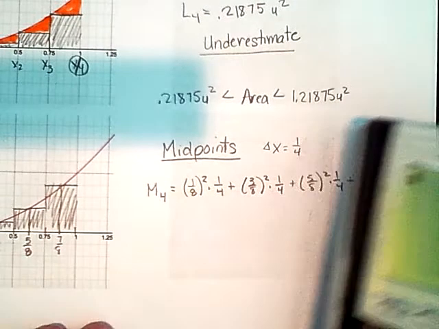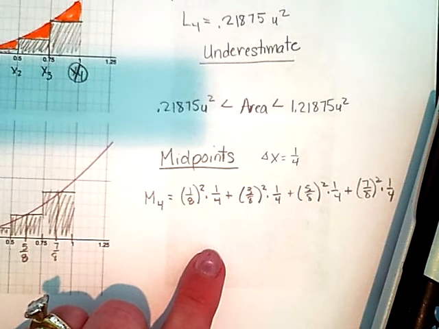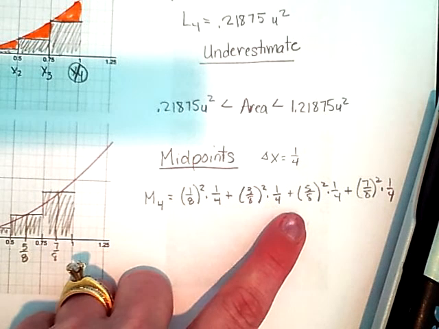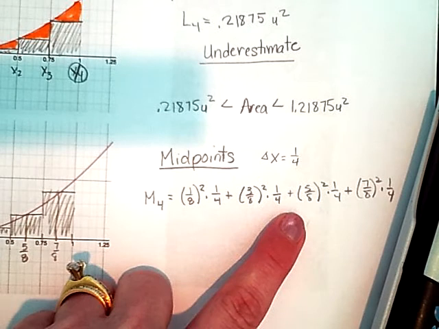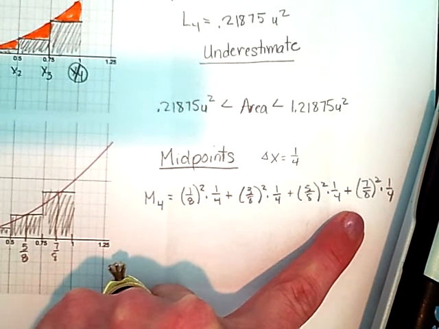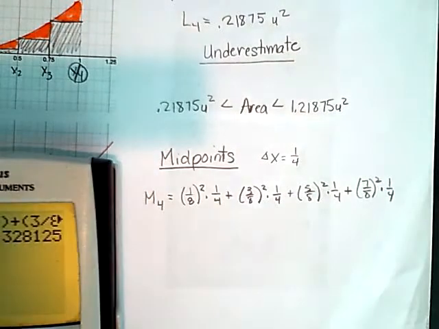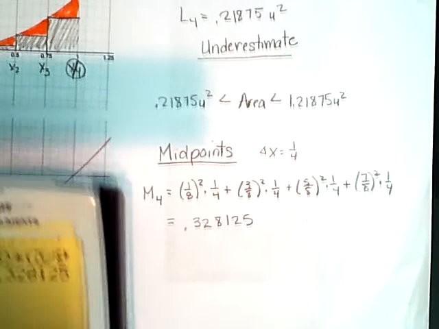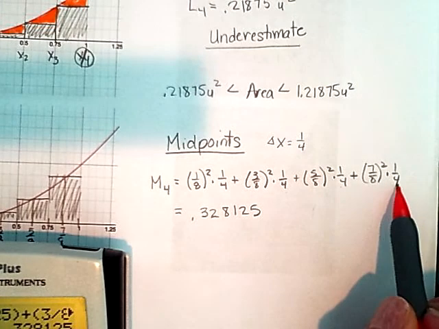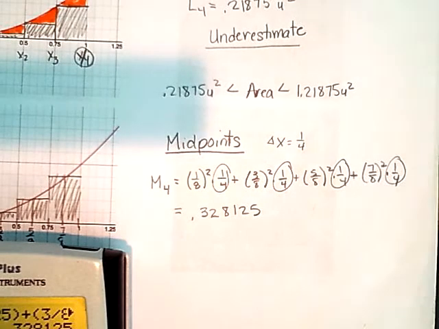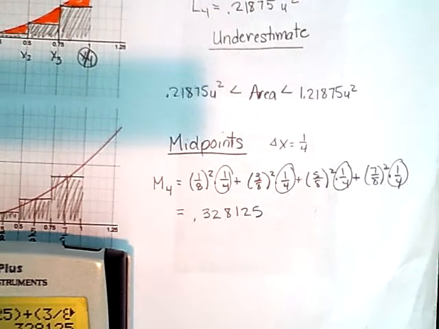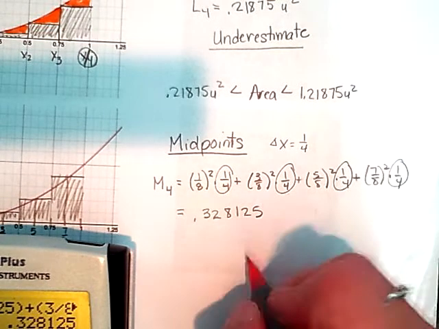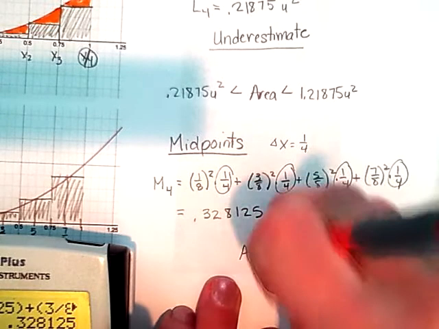I'm going to do a quick calculation here in my calculator. So I'll have 1/8 squared times 1/4 plus 3/8 squared times 1/4 plus 5/8 squared times 1/4 plus 7/8 squared times 1/4 to get me an area that is 0.328125. Now you can see if it's easier, you can use that distributive property and pull these 1/4 out and save that for the end. So you can do all of your adding and then multiply your result by, sorry, by 1/4, which is 0.25, giving us a midpoint area that is approximately